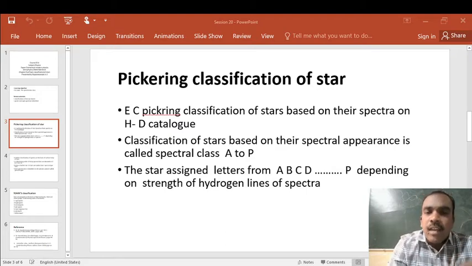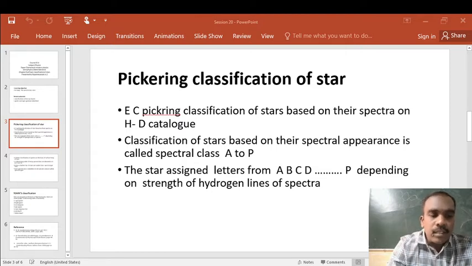The spectral class is A to P. The stars were assigned a letter from A, B, C, D to P depending on the strength of the hydrogen lines of the spectra. But this was a failure. The better classification is done on the basis of